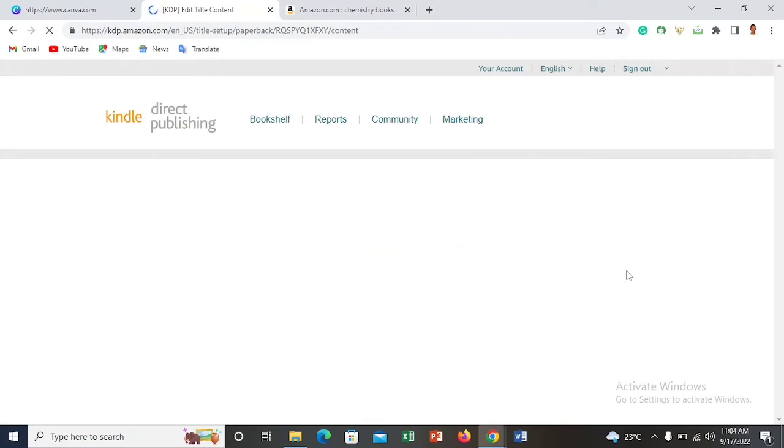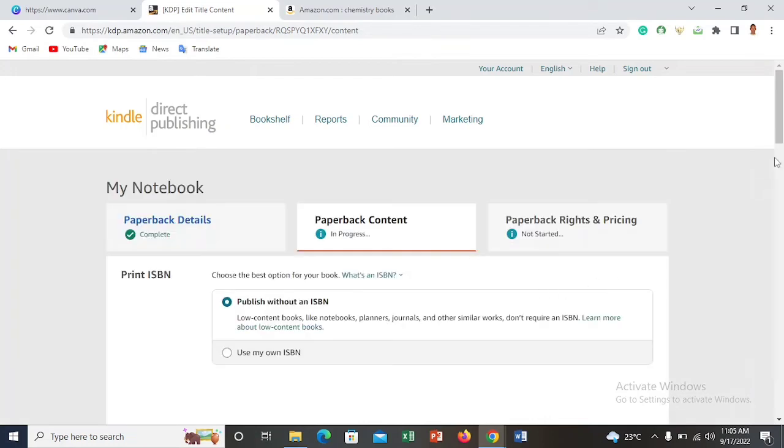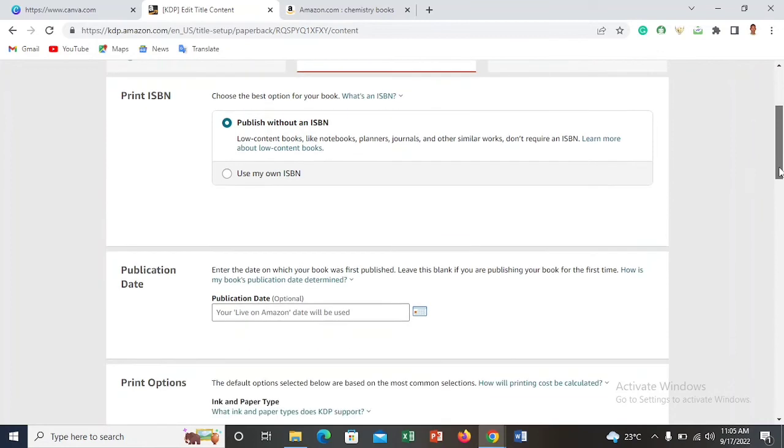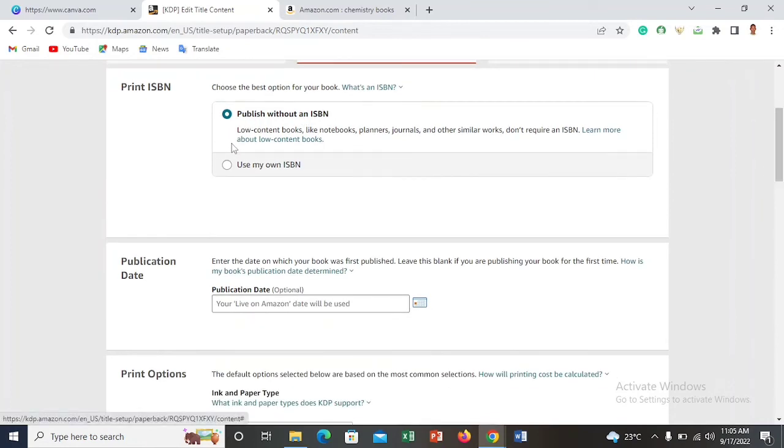So the second step is the book details, the content. You need to upload the paperback content. Now you see, if you are publishing a textbook or a novel or an ebook, you may have to assign an ISBN, but we are coming to that. This is a low content book and it doesn't contain any ISBN. So we move on down to